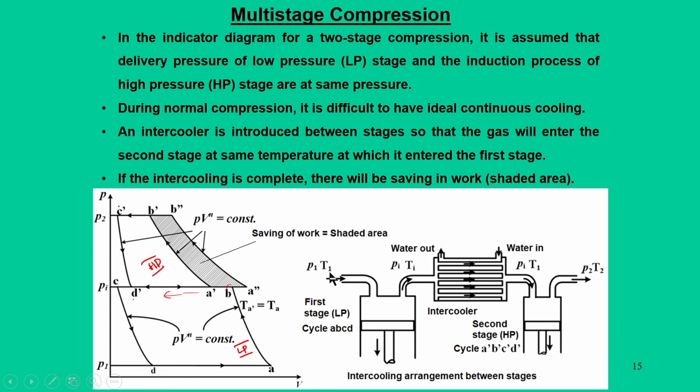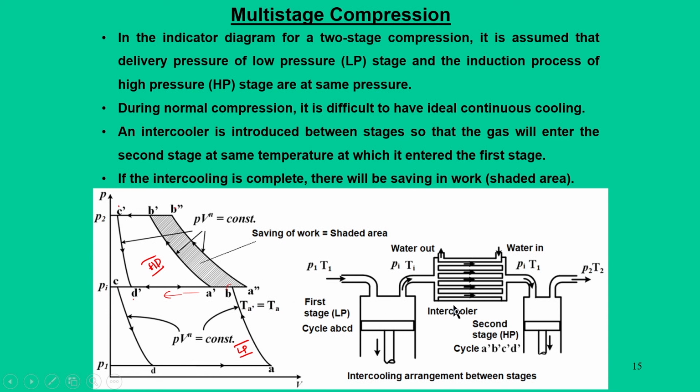When you think of the thermodynamic state at the beginning stage, we have P1 and T1, and after the first stage compression the pressure becomes Pi. Side by side your temperature also increases to Ti. We have also seen that delivery temperature increases with the pressure ratio. But the problem is that this Ti is a higher temperature, and because of this, instead of the second stage compression starting from B, it will start from A dash, and if you continue A double dash, B double dash, C dash and D dash, then it will have a higher area.